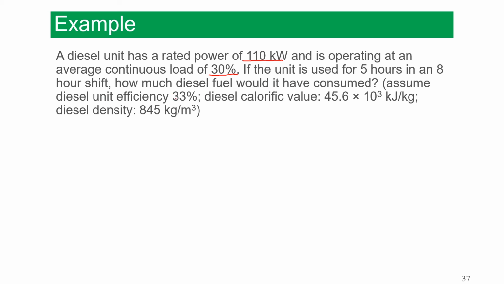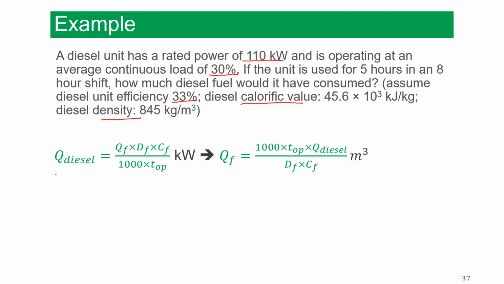Diesel unit efficiency is given, diesel calorific value is given, and the diesel density is given. From this equation, we can derive that the fuel consumed equals this. On the right hand side, we need to find the heat generated from this diesel equipment. From the previous question, we know that Q equals